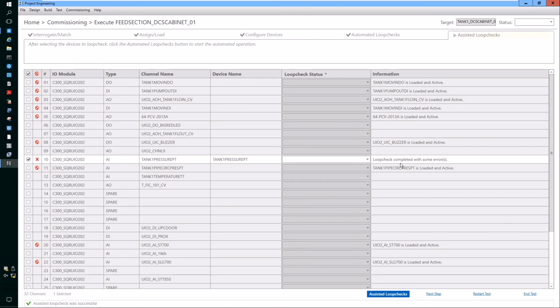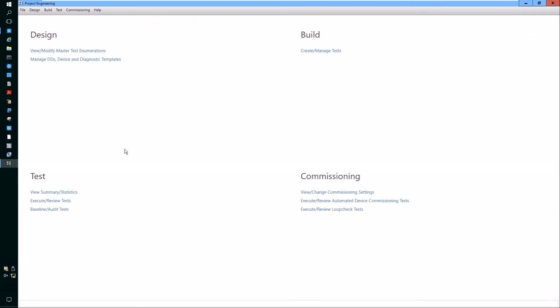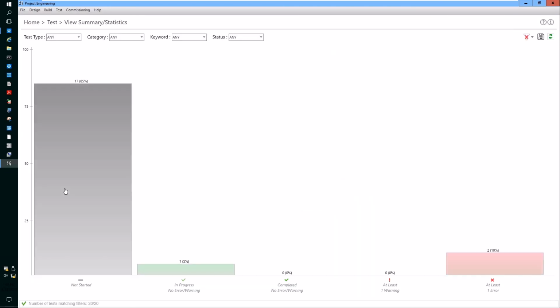So if you wish to repeat this test after you have fixed the issues, you can run this assisted loop check test again, or go to the next step and close the ADC sequence. So you can click home, review the test summaries, and here you can see that 2 loop checks have reported at least 1 error. Click on the bar